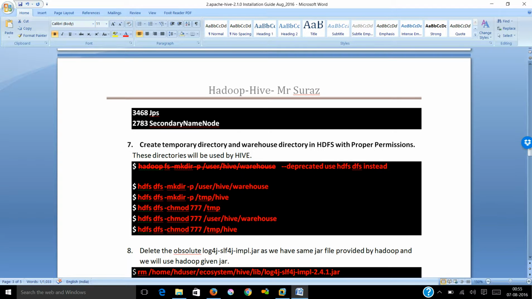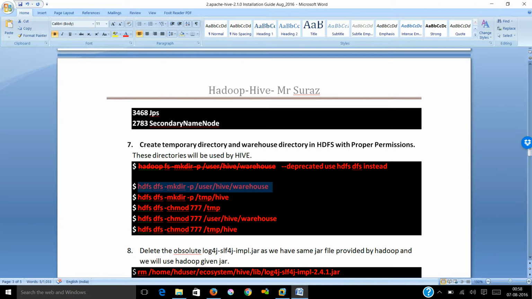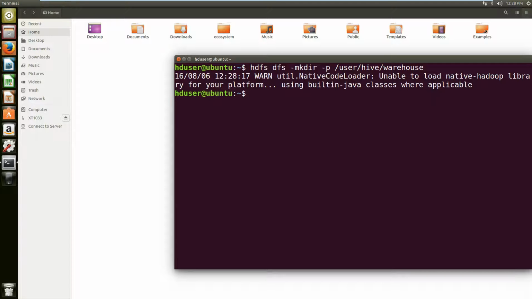Now you need to create the temporary directory and the warehouse folder which will be used by Hive when you work with it. The warehouse folder and the tmp hive folder are all created on HDFS. So we'll copy these commands and execute them one by one. This will create the warehouse folder for us. This will create the /tmp/hive folder.